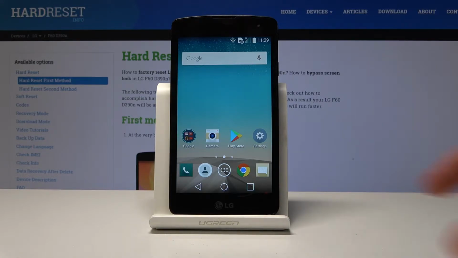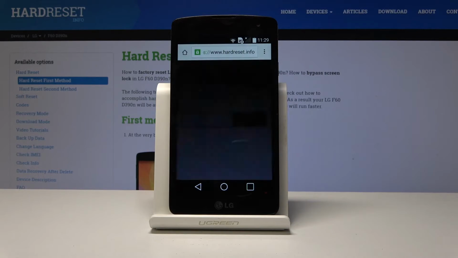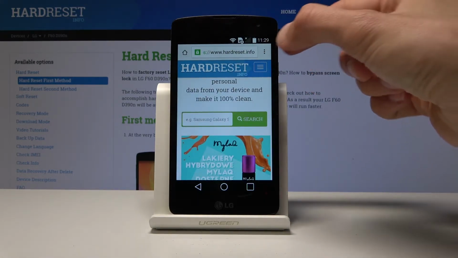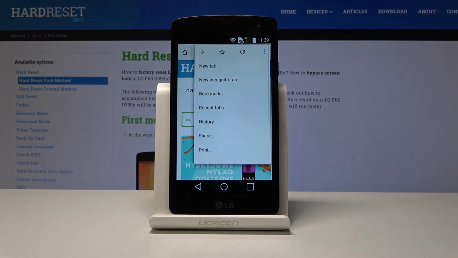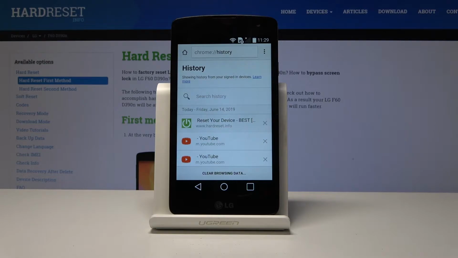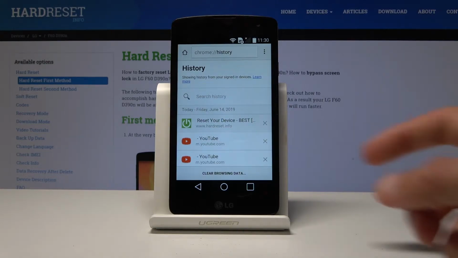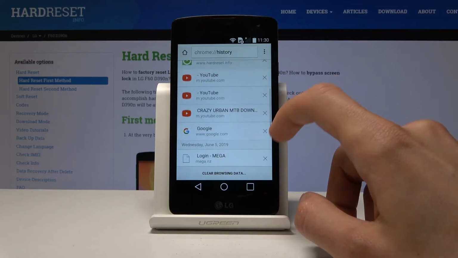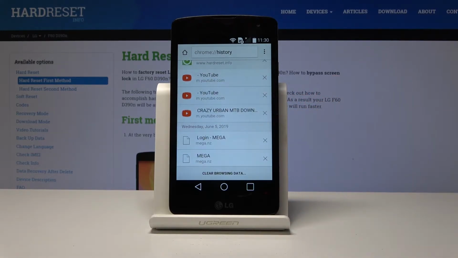So to begin with, we're going to open up the browser, which is Chrome, and from here you want to tap on the three little dots up here, and then choose History. And from here you can delete each history individually by tapping on an X. So select this, and it's gone. Or you can tap on the button below, which is clear browsing data,